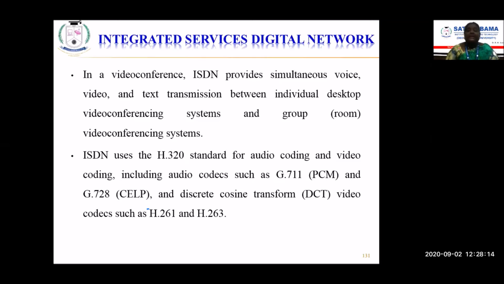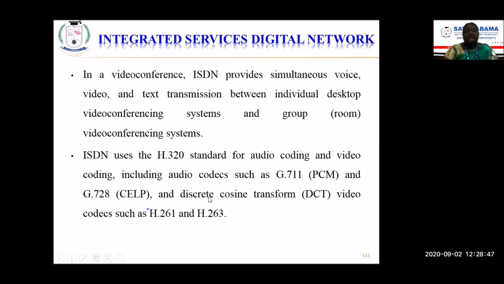So this ISDN uses different kinds of standards. There are the pulse code modulation techniques and the cosine. As I told you already, these codecs are nothing but we are simply going to perform compression. This compression is nothing but we are going to apply some transform. So you should always keep this in mind. Coding and encoding means it is going to perform some kind of compression standard, and that compression standard, technically speaking, as an electronics engineer, is something related to DSP. We are just going to apply the transform.